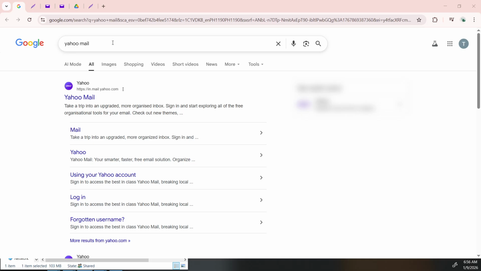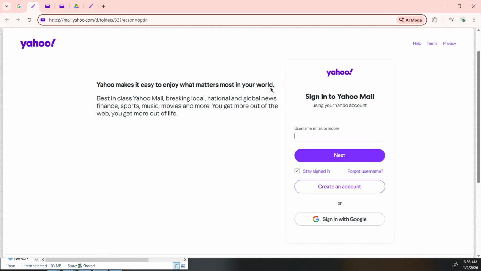Start by opening your web browser and searching for Yahoo Mail. Click the official Yahoo Mail result to go to the Sign In page. Sign in with your account to access your inbox. In the new Yahoo Mail view, look toward the top left corner and click the Compose button to start a